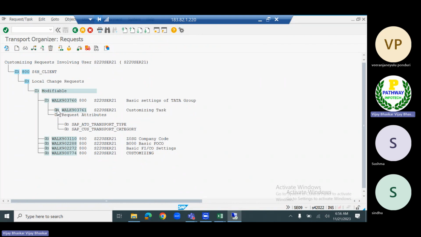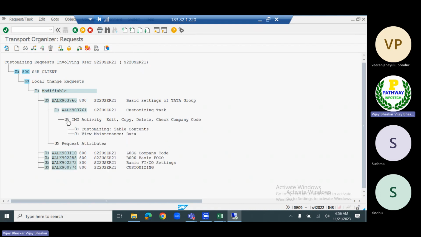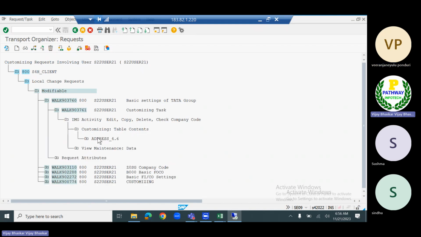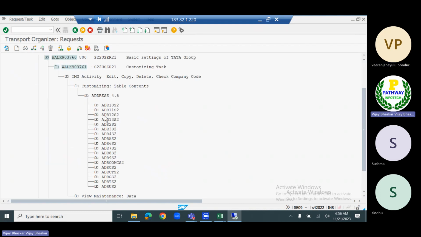Click on the child transport request. What changes have you done? You can see the customizing table contents, then the address information that we have entered. So these are the configuration steps that we have done. Again, you can go inside this one. TA01 is the company code that we have created. If you double click,